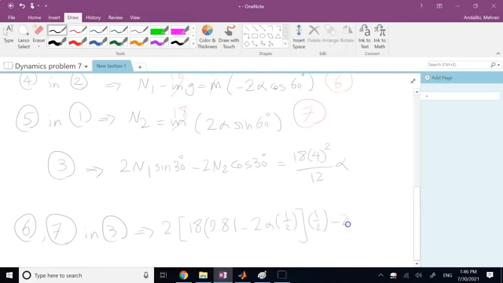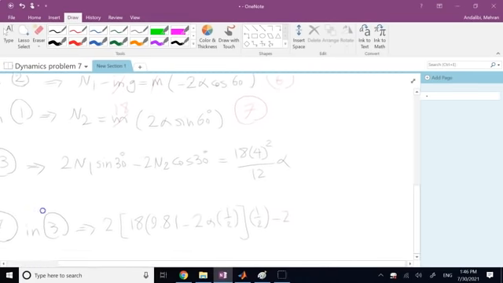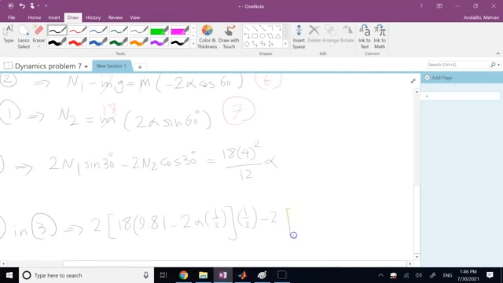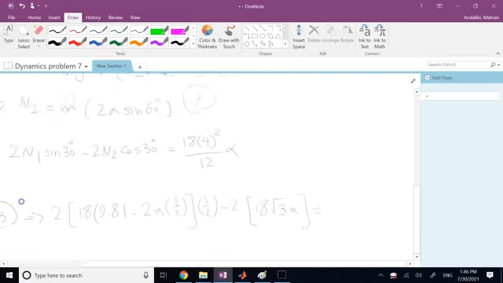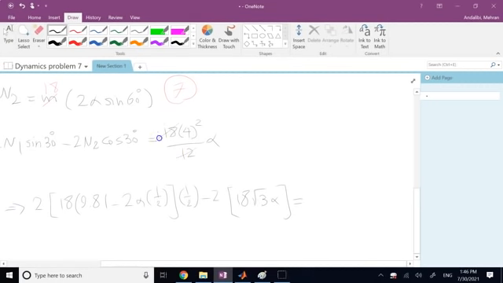And then minus 2 n2, and n2 is 2 times 18 times alpha. Sine 60 is the square root 3 over 2, so it's going to be 18 times the square root 3 times alpha. And then the result is equal to the here, if you divide by 6, that's 16, 8, 24